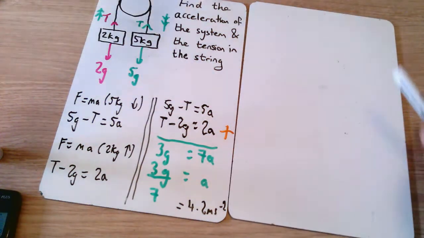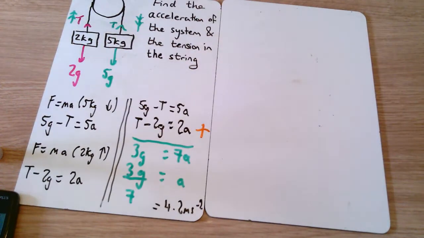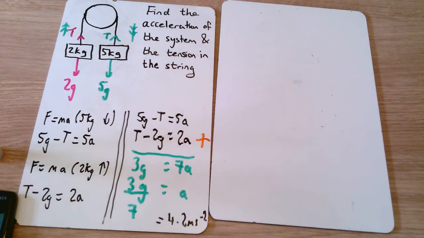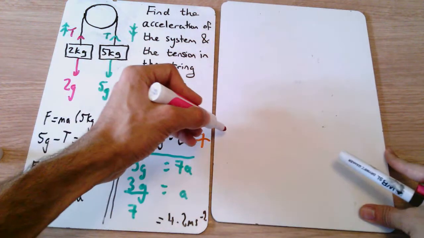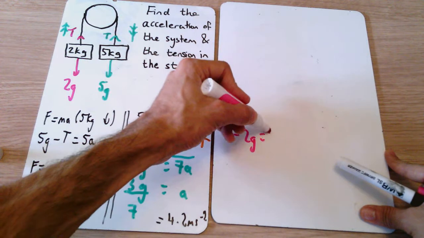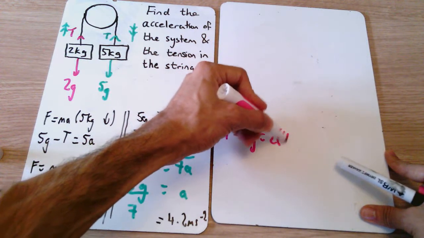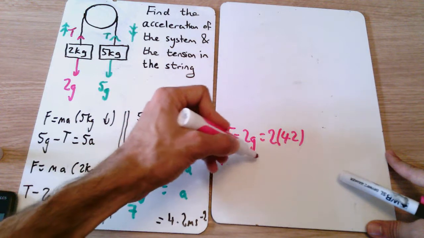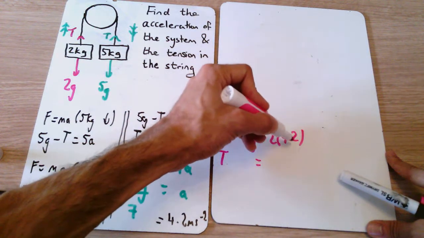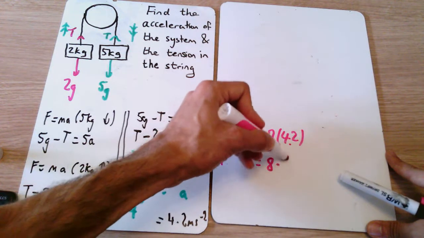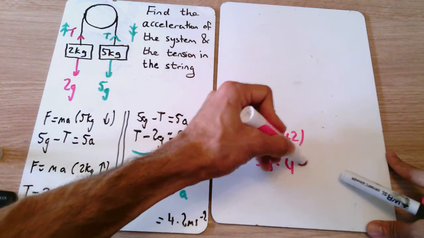It's a simultaneous equation. All we are doing here is working out the value of t. So we need to substitute into one of these equations. Now the equation I'm going to sub into is this one over here. So we can say that t minus 2g is equal to 2 times 4.2. That gives us t is equal to 2 times 4.2 plus 2g, so 8.4 is the 2 times 4.2